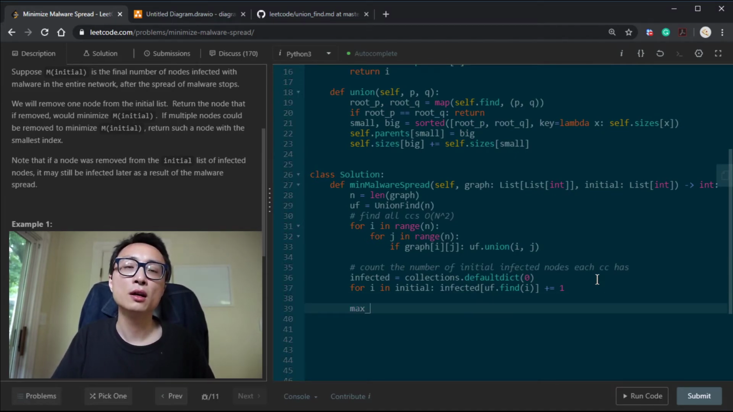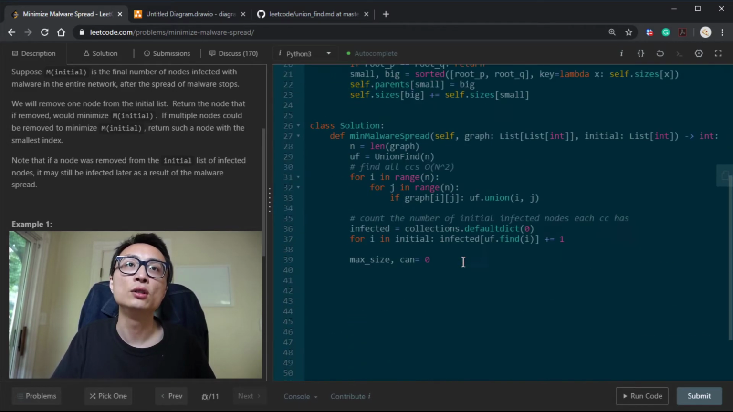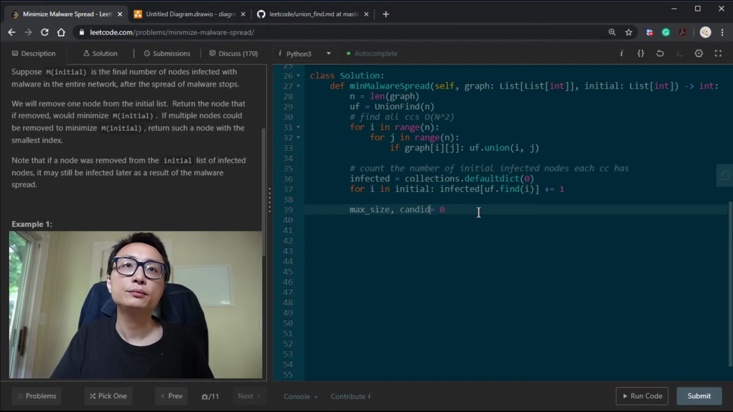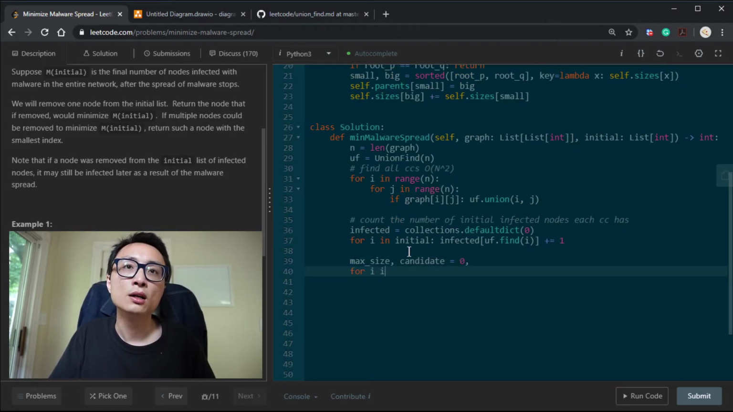So for this, I'm gonna have this to keep track of the maximum size of the connected component, and I'm also gonna basically drill down to the one. This 2 and 3 can actually be combined together. So let's just call this 2A, 2B. The candidate can initially be the minimum from the, I don't know, maybe we deal with this later. So for i in initial,